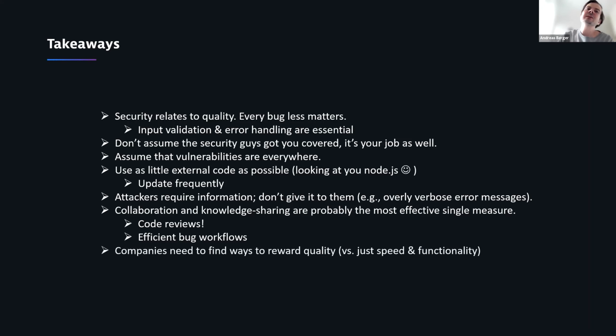And my final point is, and that's actually a message I want to send out to senior management. Companies need to find a way to reward quality versus just speed and functionality. I think this is a root cause for many of the problems we have been seeing in the past. Because the 2 examples that I showed you, those were not really rocket science. I mean, that didn't require a hell of a lot of skill to break in there. It was just overlooked. And I think with all this trend to move to cloud native and pushing out feature after feature, we need to remind ourselves that quality pays off, maybe not instantly, but over time, when there are fewer security holes, no data breaches, and so on.